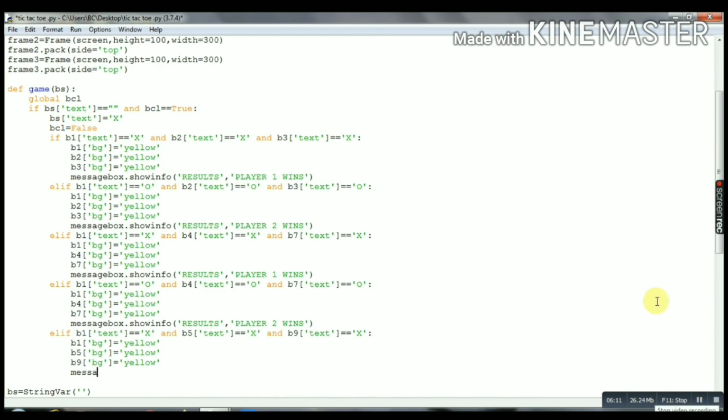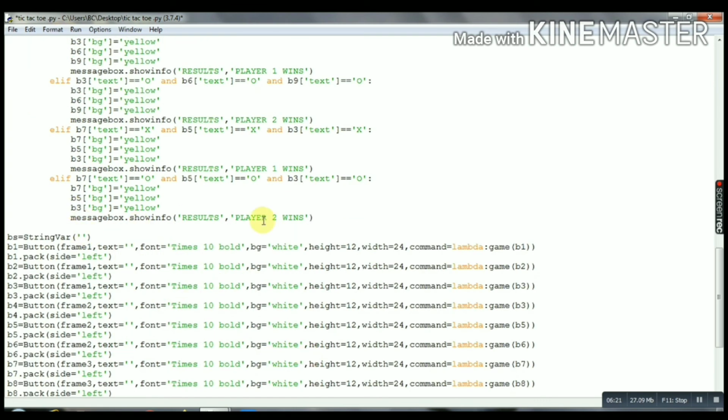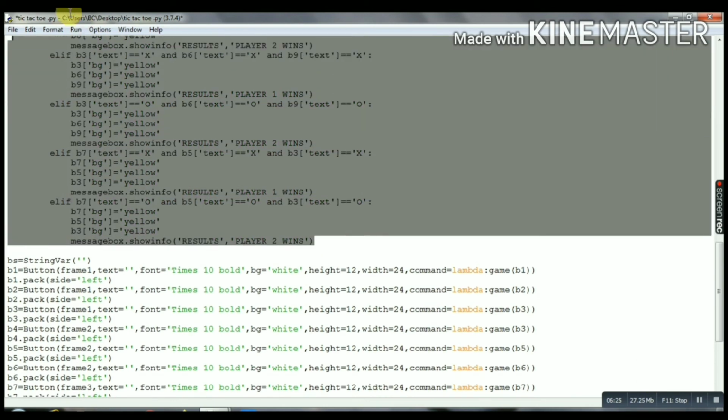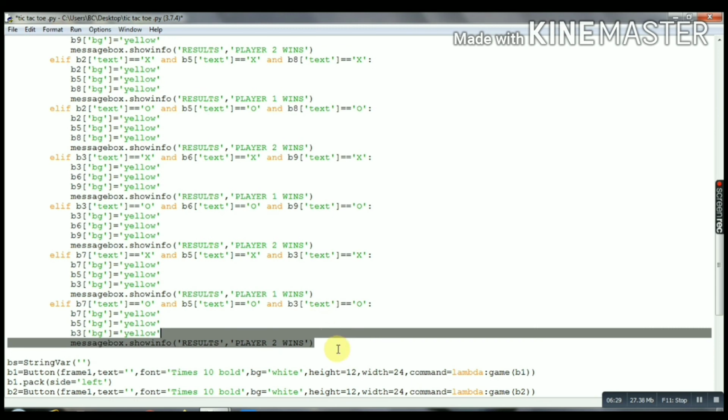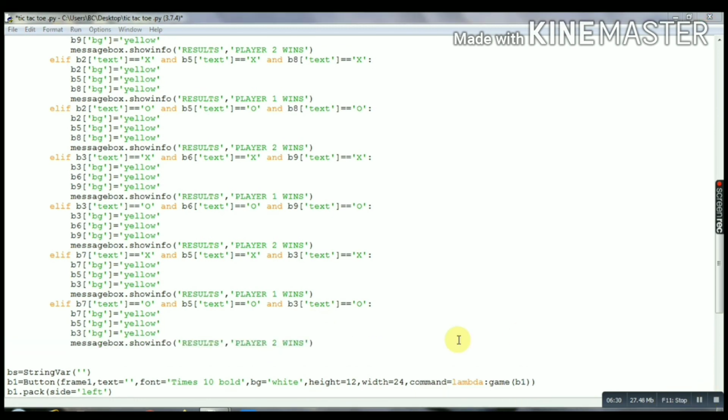Okay, then show the message result: player 1 wins. Okay, hope you are getting it. So as you have got it, I'm skipping. Oh, done. Okay, as you can see, these are all conditions just for checking according to the game rules, which player has won.